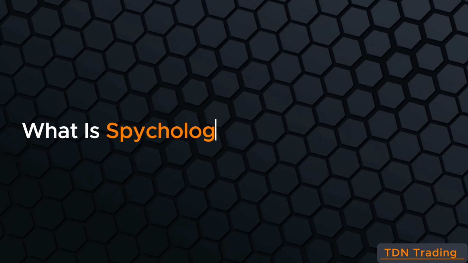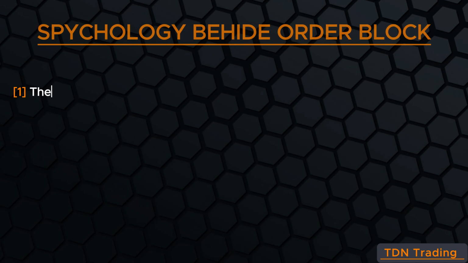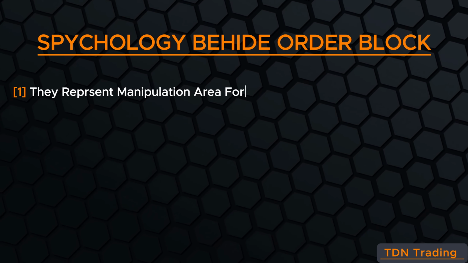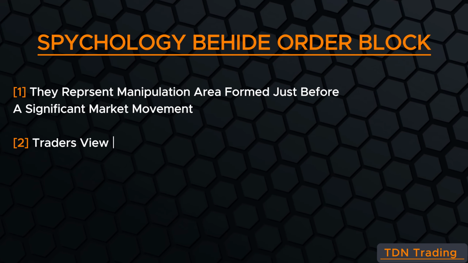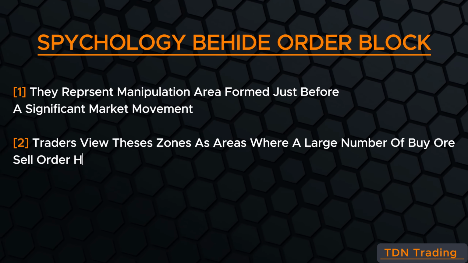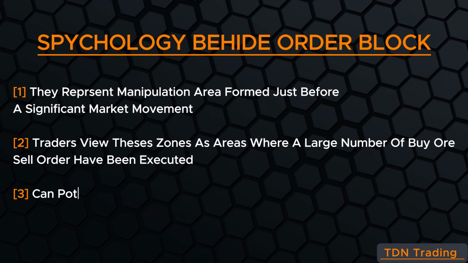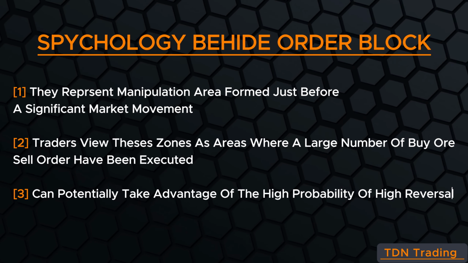Now let's see what is the psychology behind these zones in the market. The theory behind considering these zones as potential reversal areas is based on the belief that they represent manipulation areas formed just before a significant market movement. Traders view these zones as areas where a large number of buy or sell orders have been executed. Therefore, by using these zones in our trading strategy, we can potentially take advantage of the high probability of price